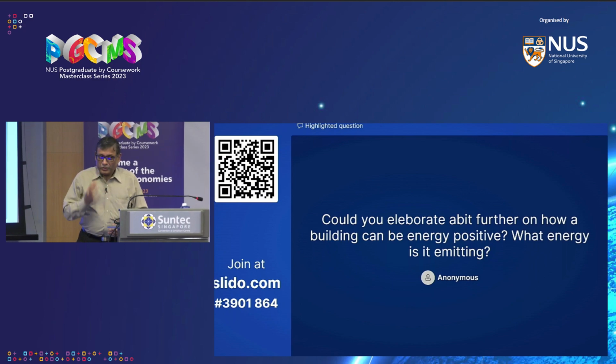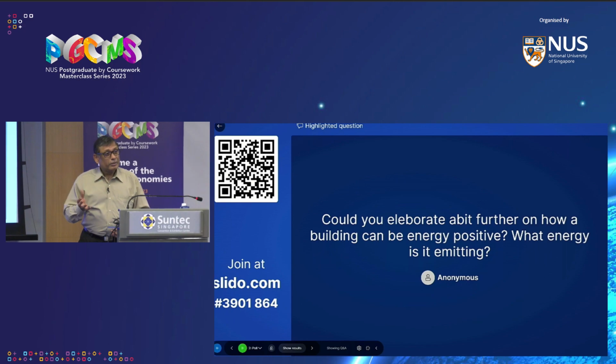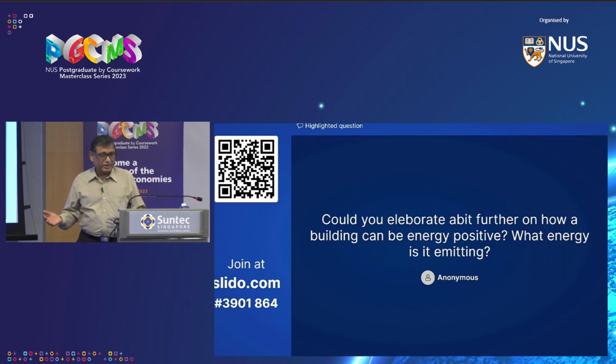So we reduce the demand and then produce the energy for that demand in the most renewable manner as possible. So if we don't consume fossil fuel based energy, like the electricity that we get at home, typically it's from a power plant which uses fossil fuels,